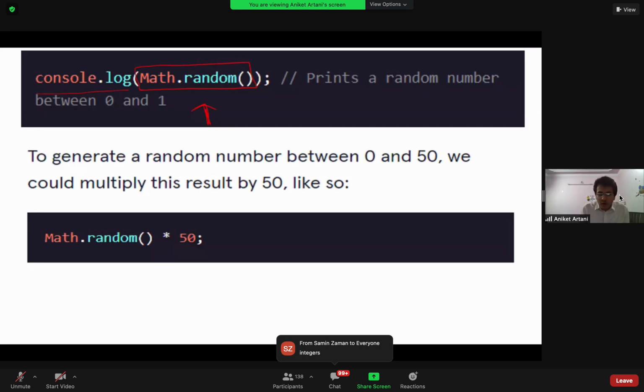But if you want to generate a number between 0 and 50, you can multiply it by 50. This is the basic mathematics, which you all know well.